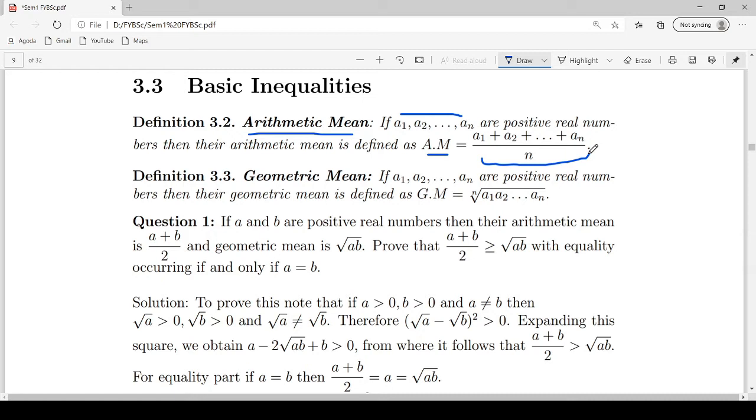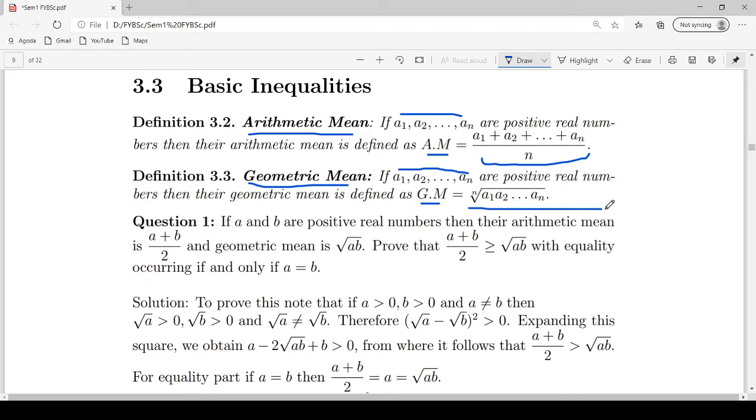divided by n. Next, let's define geometric mean. Again, if you have n positive real numbers, say a1, a2, an, then the geometric mean of these positive real numbers is defined as the nth root of the product of these positive real numbers and is denoted by G.M., that is geometric mean. So the geometric mean of a1, a2, an is equal to the nth root of a1 into a2 up